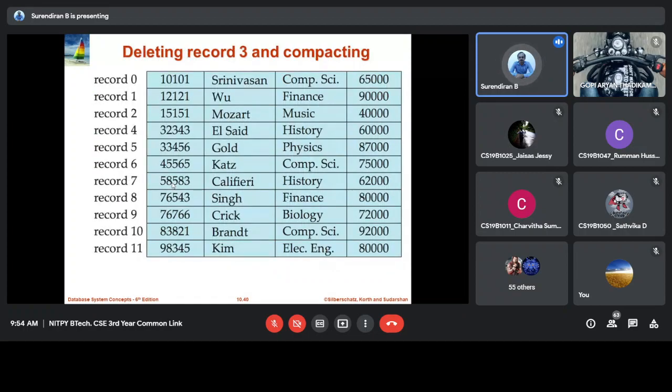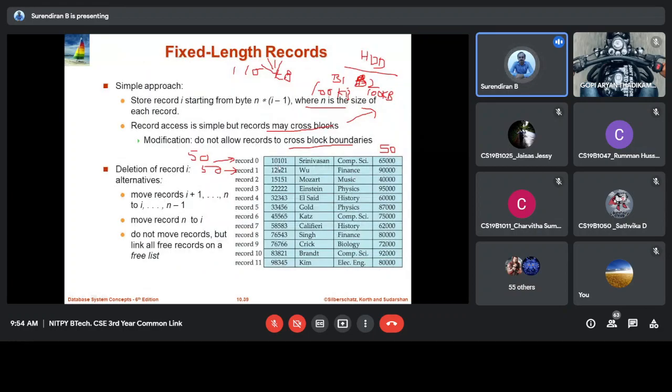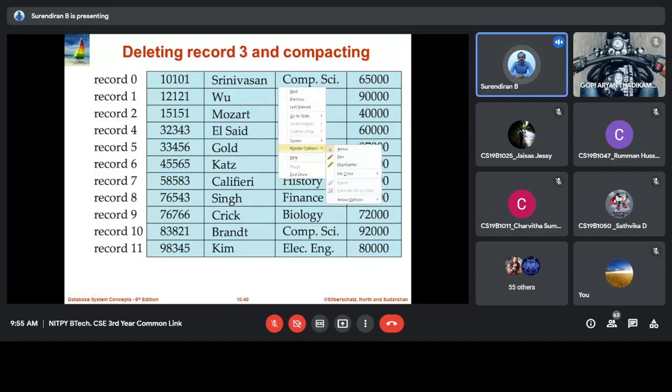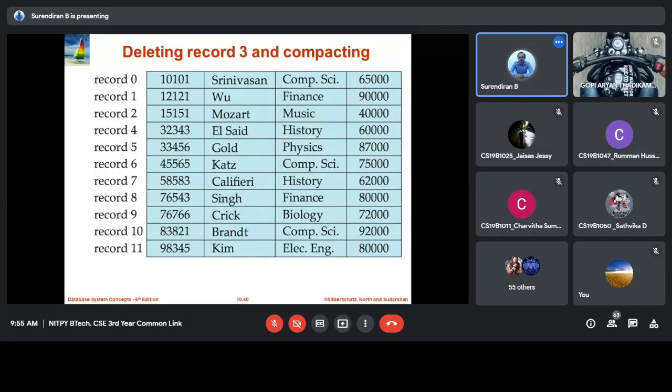Here we have other issues like deletion, insertion, and all those things. Let us see an example. This is, I think, a faculty database, with ID, name, department, and maybe the salary.